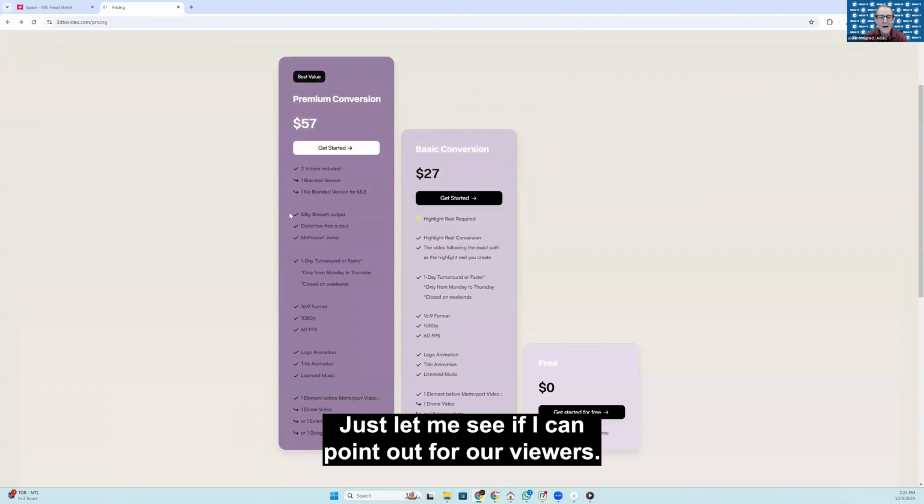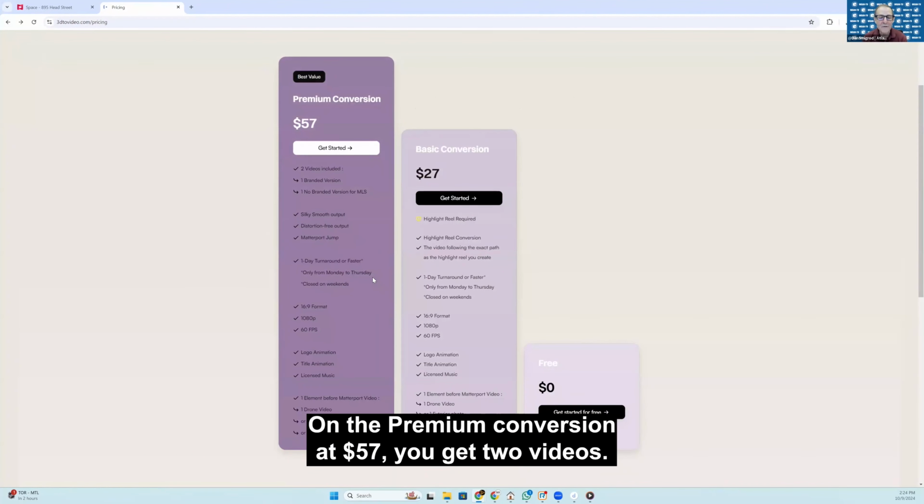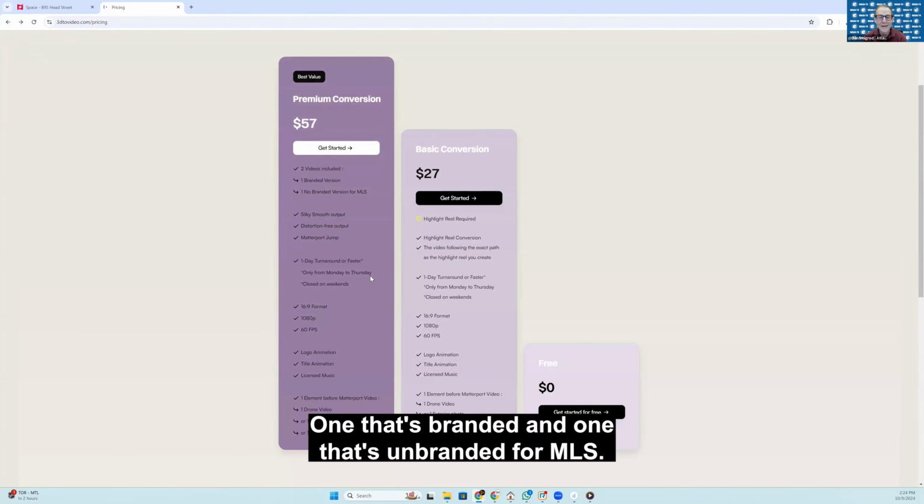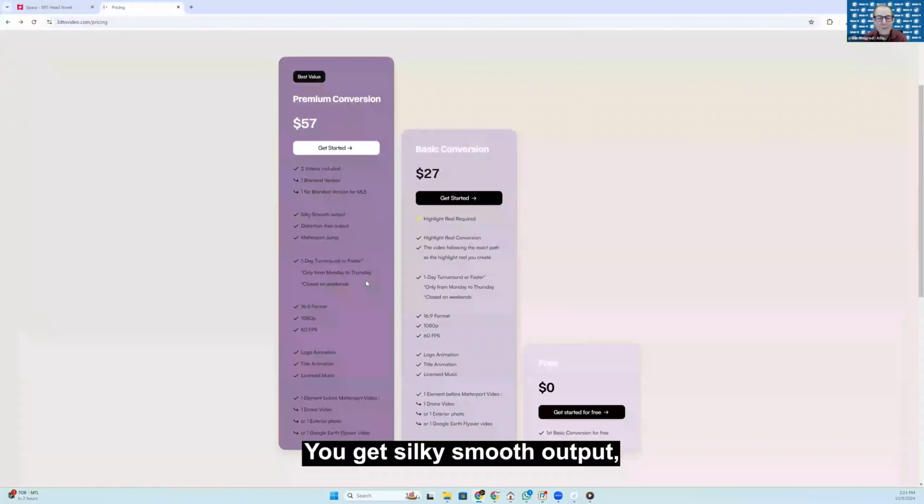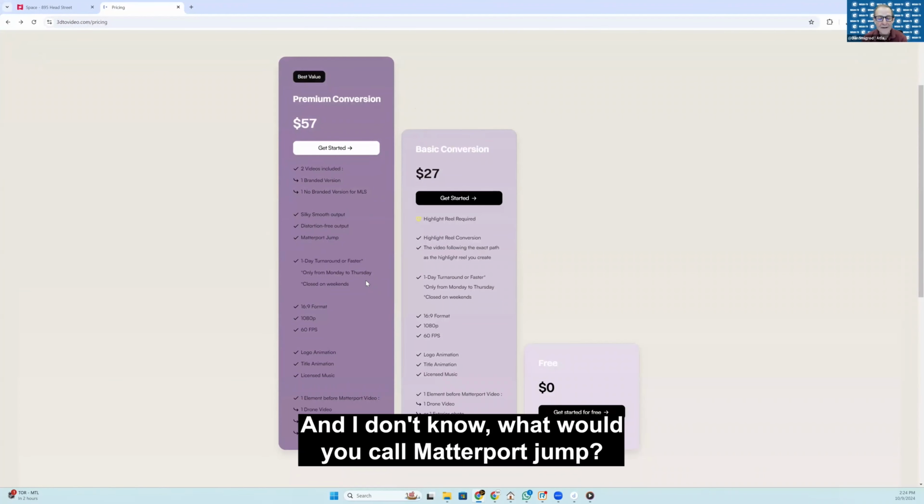Just let me see if I can point out for our viewers on the premium conversion at $57. You get two videos, one that's branded and one that's unbranded for MLS. You get silky smooth output, distortion free output, and I don't know, what would you call Matterport jump?